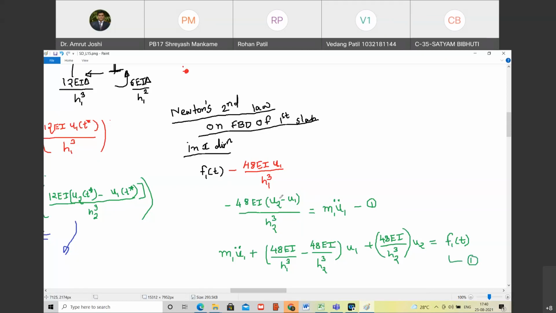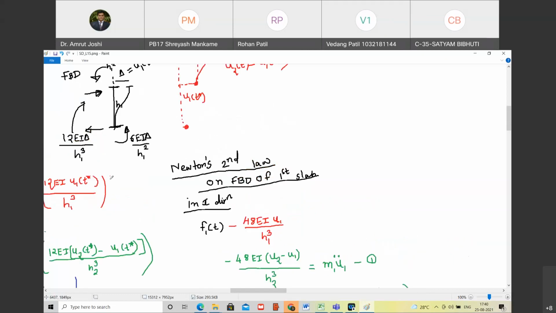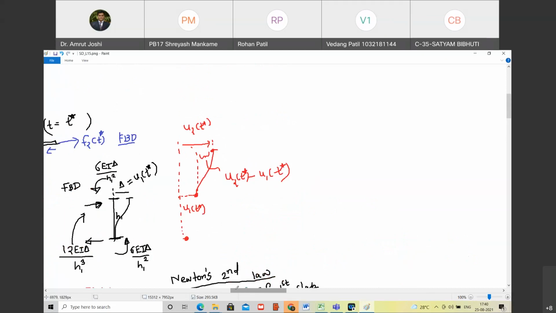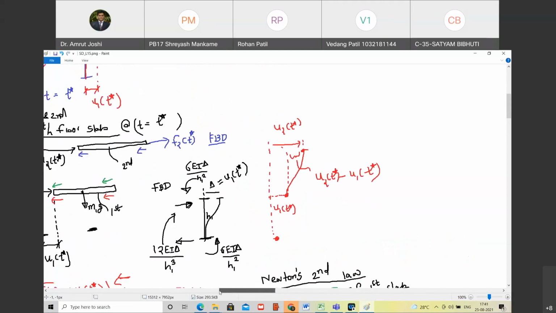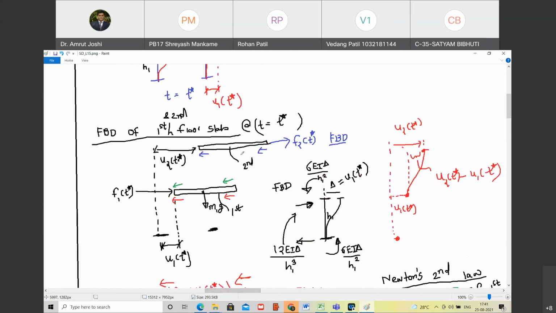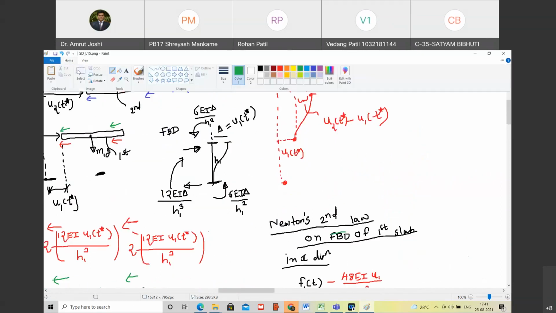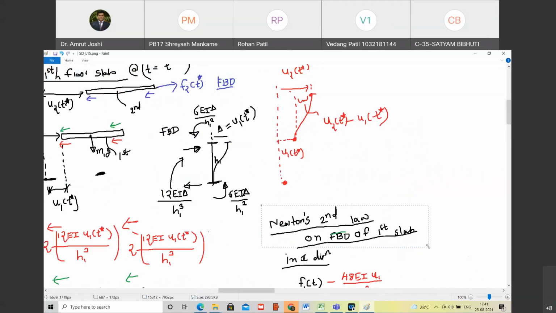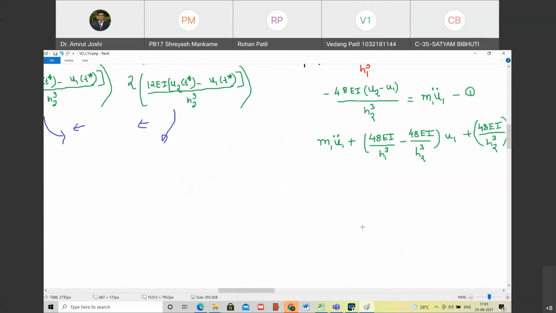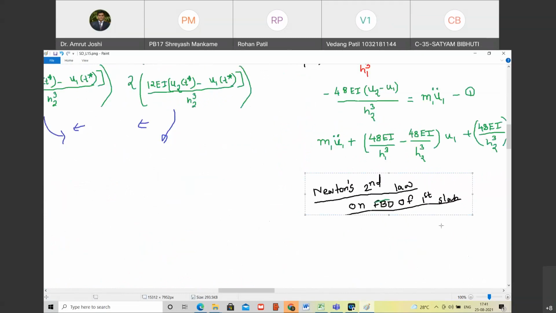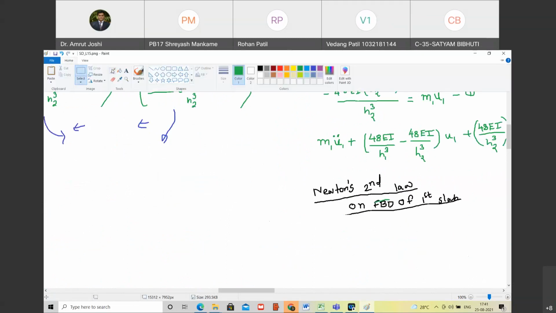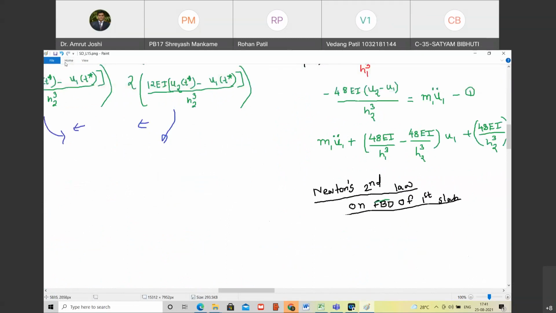Are you able to understand that? Yes, sir. And now I am going to write down the second equation. So once we complete this exercise, then you will understand why I am doing this. I am now going to apply Newton's second law to the second or roof slab. Are you with me? Yes, sir. So किसको apply करने वाला हूँ? I am going to apply Newton's second law not to the first slab. Now I am going to apply it to the second slab. Happy?